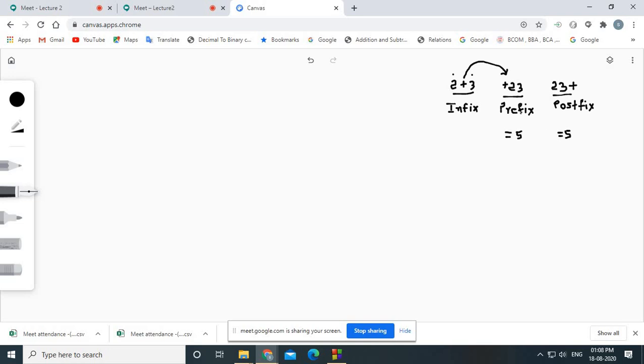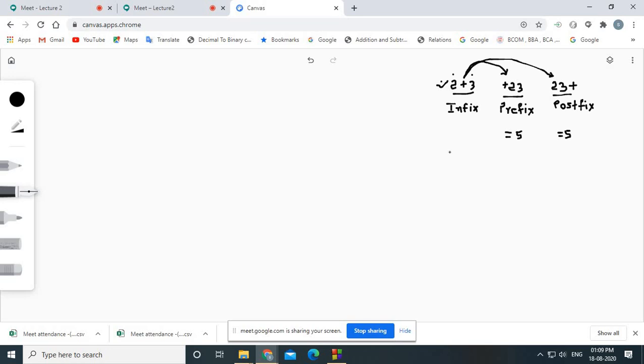So normally what we need to do is take an expression from the user in the infix manner, and then convert this infix expression into either prefix or postfix, right? Because once the expression is converted from infix to prefix or infix to postfix, it will be easier for the computer to evaluate the expression, and it can easily give you the answer, right? To do this type of conversion, you need to use a stack application, right? So this is one of the uses of our stack application.